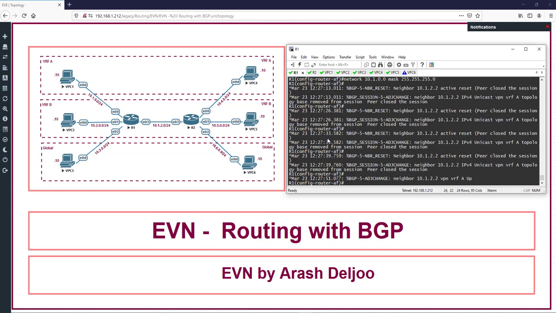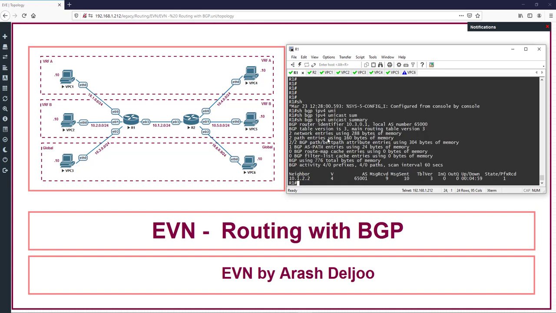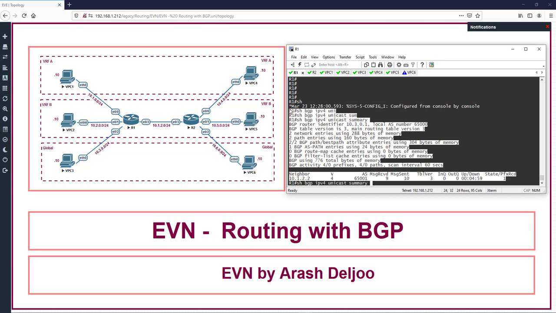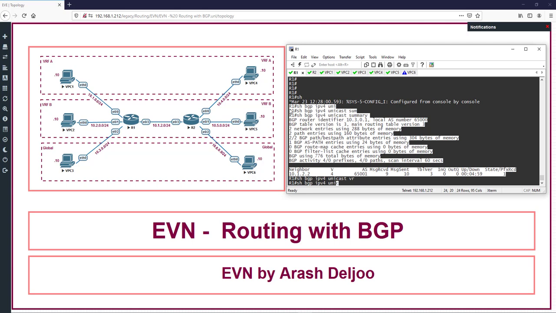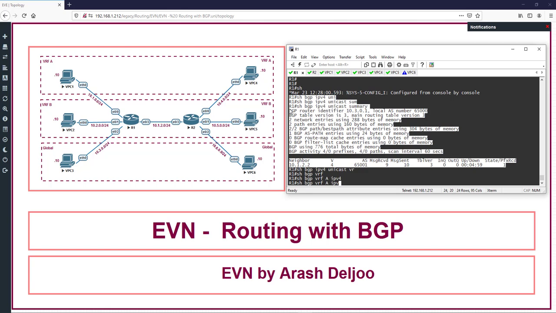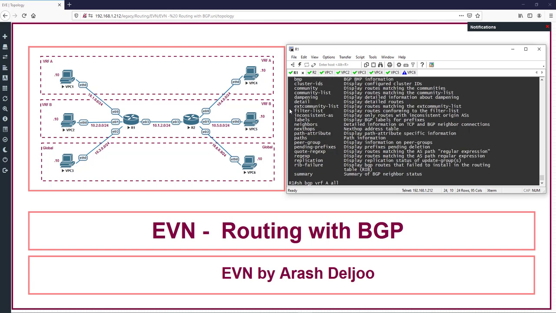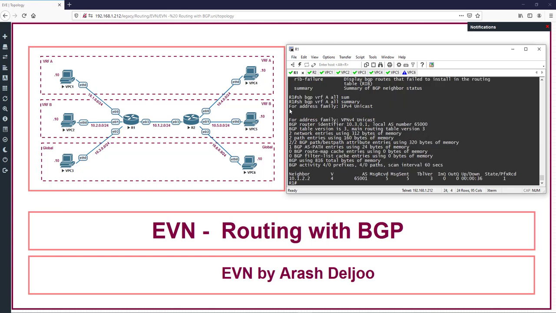Let me show you. In R1, show BGP IPv4 unicast summary. This is the neighborship in BGP for the global VRF. And then show BGP IPv4 unicast. Okay, show BGP for VRFA, and then here you can use, for example, all summary. As you can see, we have neighborship with router 10.1.2.2 in this VRF, and we receive one prefix